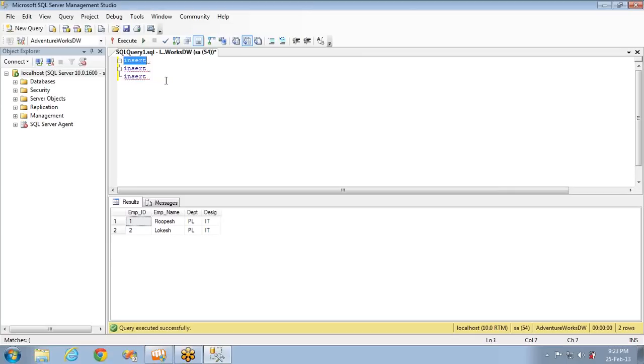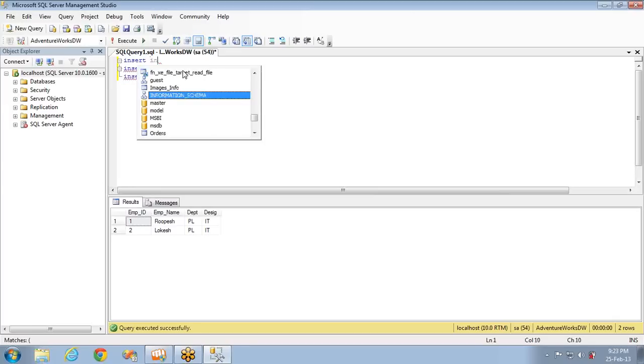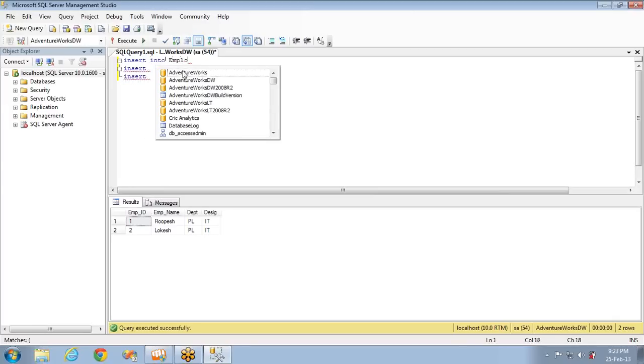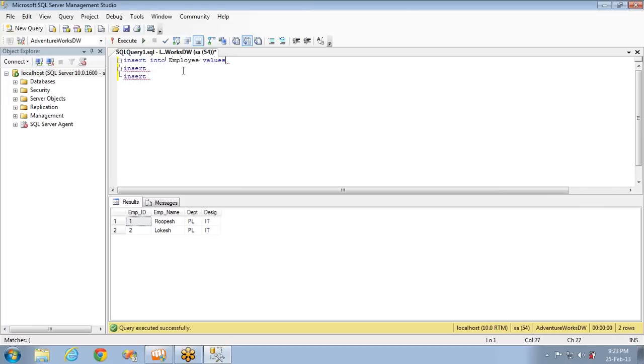Let me show you an example. I'm writing three insert statements. I'll insert into employee, with values up to 4. Two I have entered already. Three, Vinay, PL, IT field.